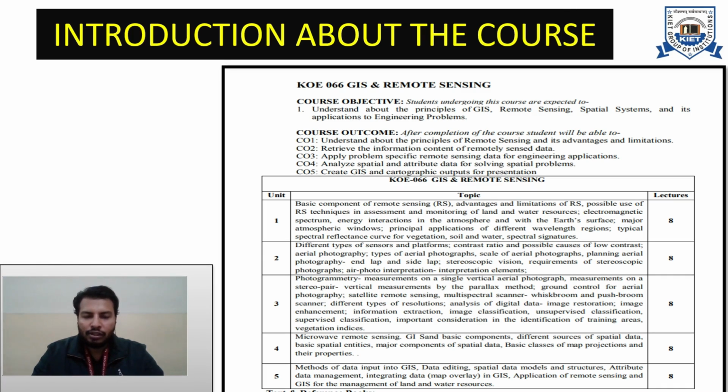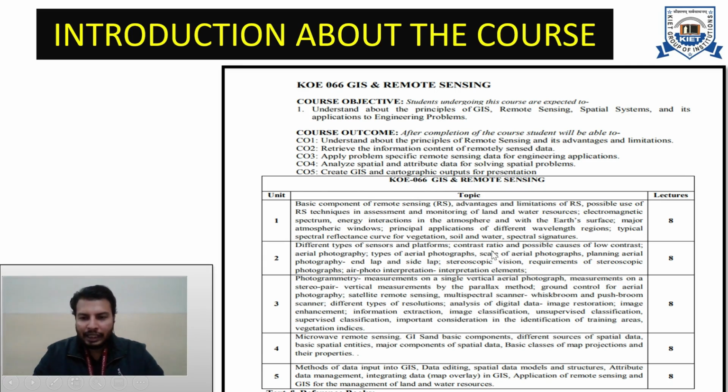and spectral signatures. So in unit 1 we will discuss the various concepts of remote sensing, what remote sensing actually is, and the various applications in which remote sensing can be employed. Coming to unit 2, we can see that it mentions different types of sensors and platforms,